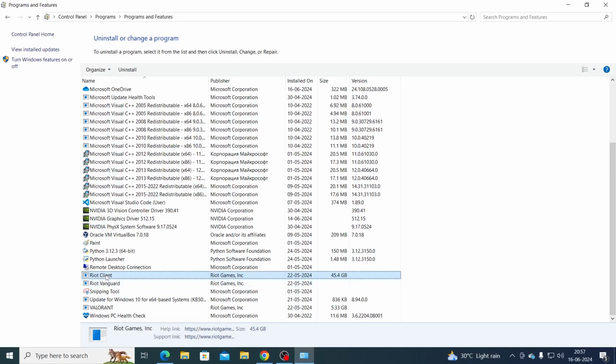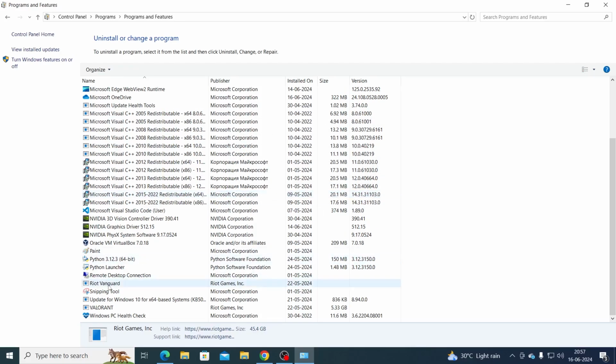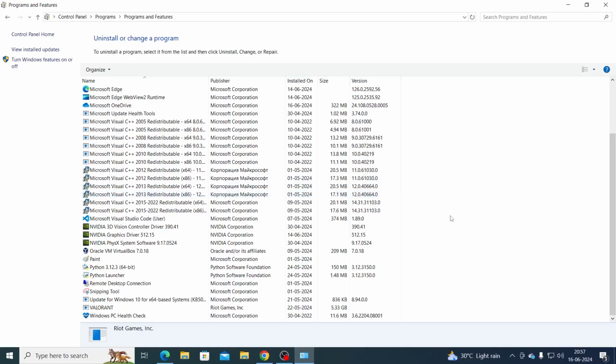For example, I want to uninstall this Riot Client. Just click on it, click on yes. Then just click on Riot Vanguard and do the same thing as well. Yes. After the program has been uninstalled, to delete the junk files from it, what we need to do is